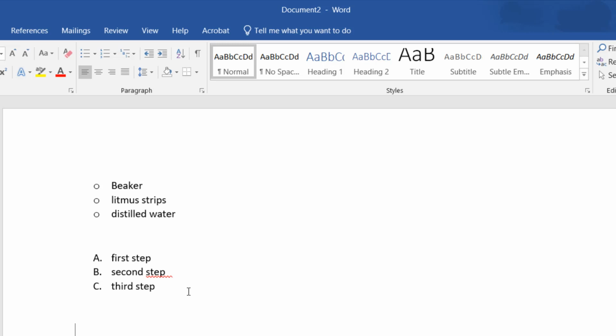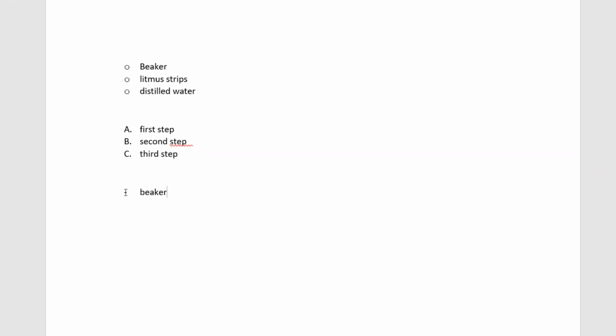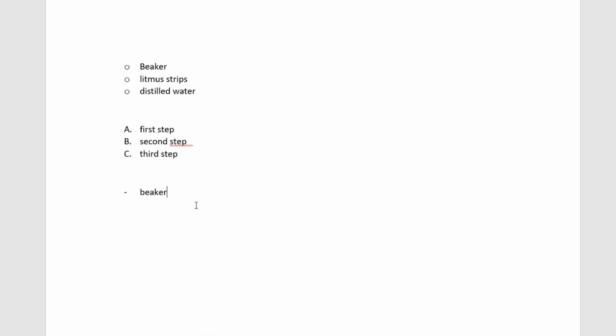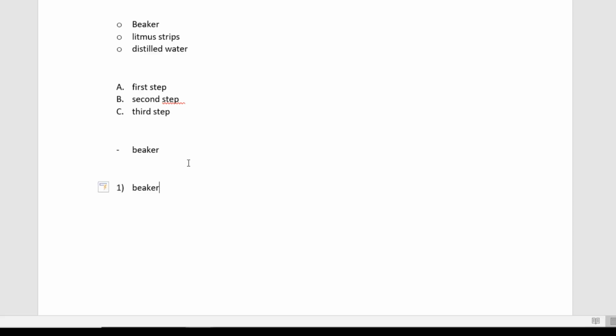Many people make unordered lists in Word by typing a hyphen and a space, and then the first item, like this. You'll notice that it indents the hyphen, and if you right-click on it, the Bullets option is selected, so Word has properly identified it as a list item. The same thing happens if you type a number and a closing parenthesis or a period. This is mostly fine, but it's a good idea to get yourself in the habit of clicking the button to make it an official list for two reasons.